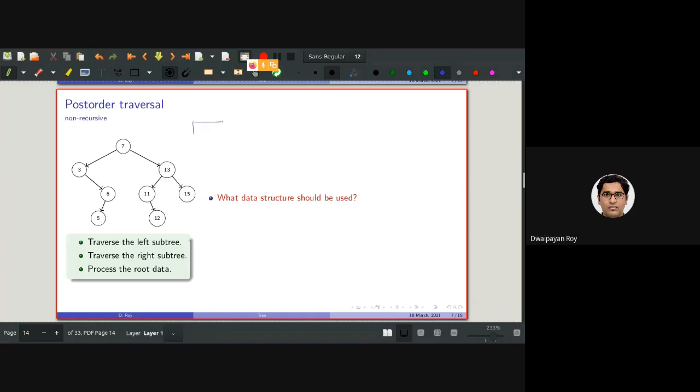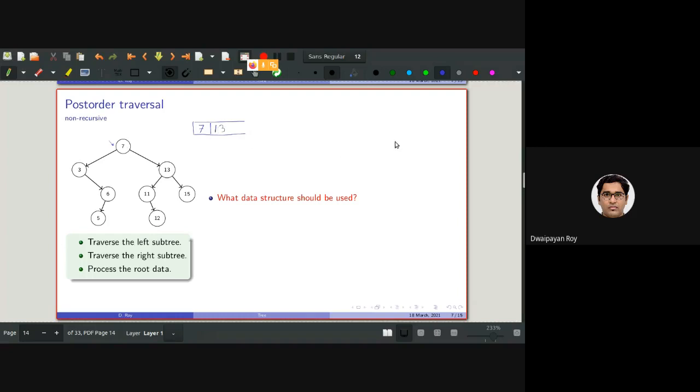I'm not actually processing this now, I'll be processing this last. While the whole left and right subtree have already been traversed, I need to process this. And immediately before that, what I need to process is 13.